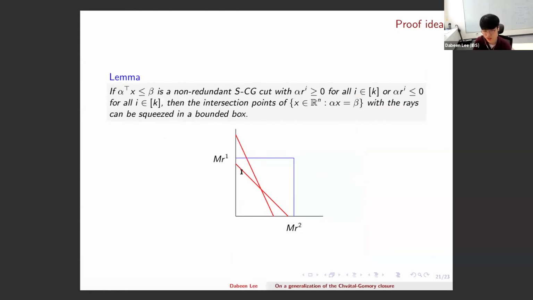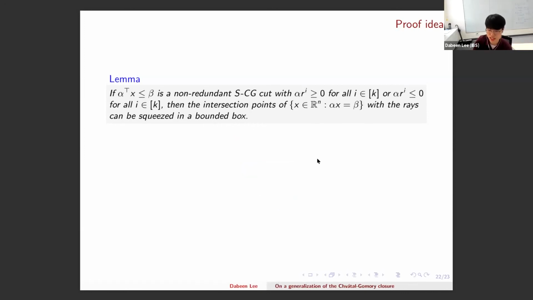So basically, you can just focus on inequalities that are leaning on the walls of rays. And then in the end, you can show that the intersection point of this hyperplane and the rays can be bounded in a small box. That's how we get back to the finite case. Okay. This is the most important lemma in our paper, by the way. Just to outline how we prove this,